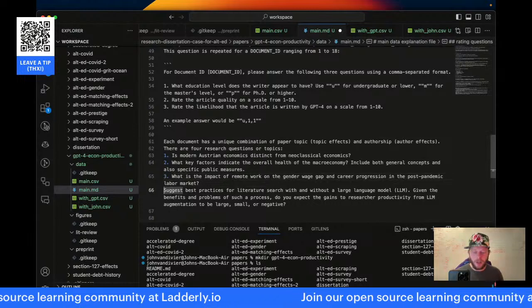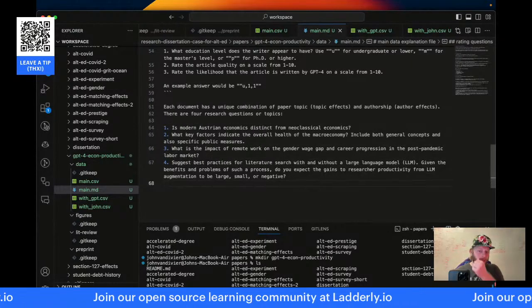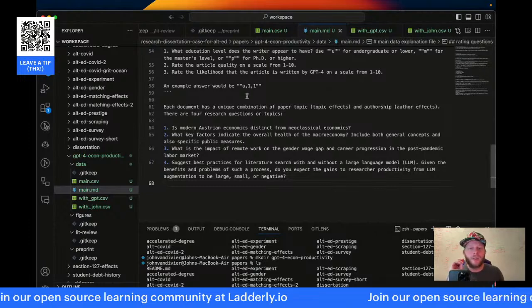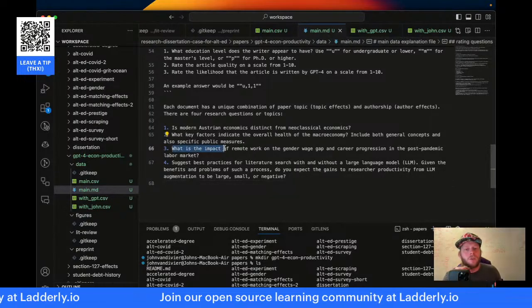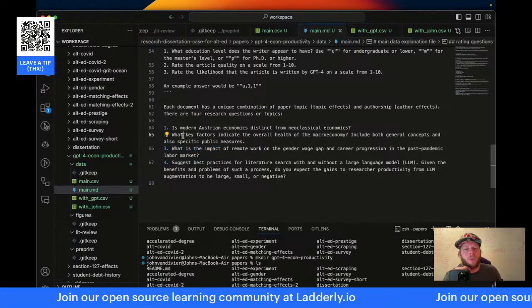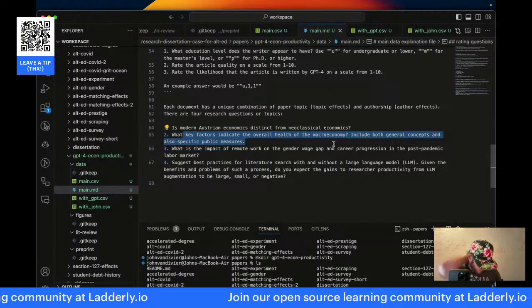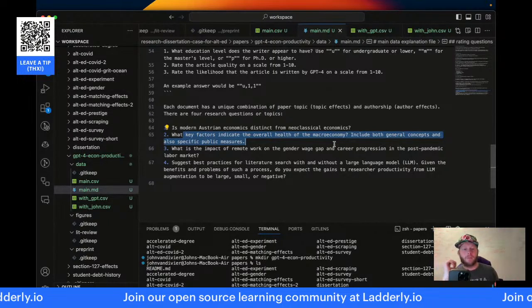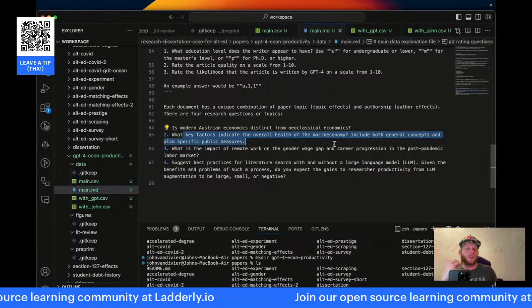And then for some of these, there is a very clear answer that if you have a PhD in Econ, you should know. What key factors indicate the overall health of the economy? You absolutely should know this. You don't need to know all of them, but you should say GDP.